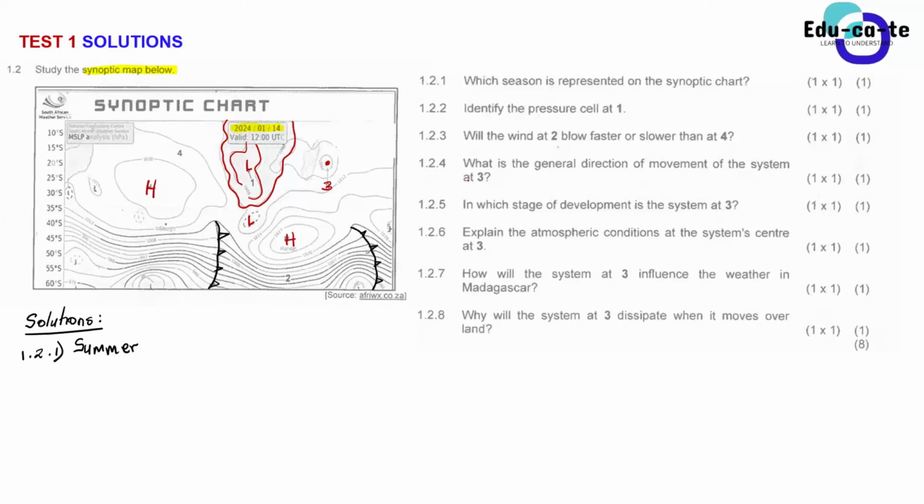Yes, I hear you guys are going all out indeed, but we need to think about the mid-latitude cyclone. The mid-latitude cyclone is closer to the land during winter. But when it is summer, the mid-latitude cyclone is further away from the land. So the fact that you can see a cold front that is very distanced, away from the Cape Town region or away from the land, you can see, guys, that this is summer. You guys can all see that, right?